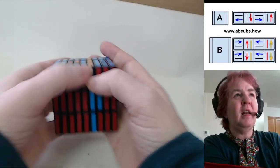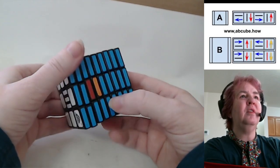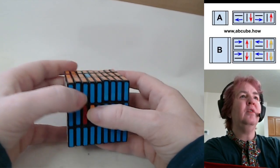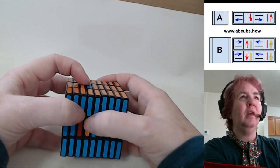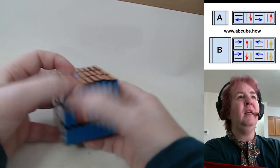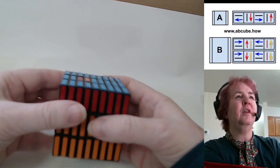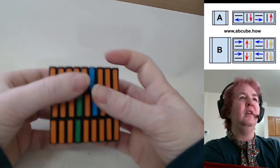Okay, could have done that any time, and then reset this. Okay, so these ones are done. These ones, let's see, this one. Okay, so this is lined up. I can either do it first up, second. I can do it this way, or I can do it this way. But either way, so slide up, slide